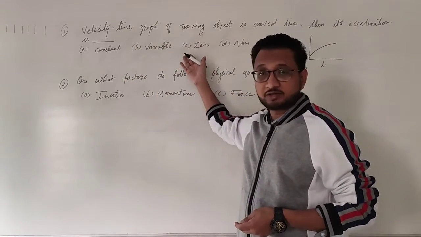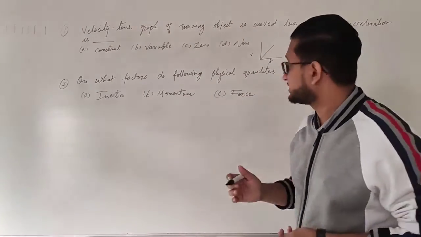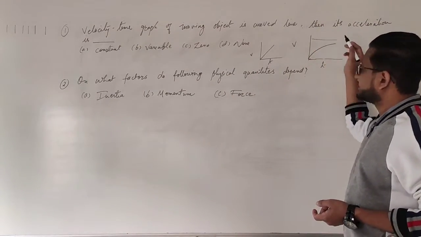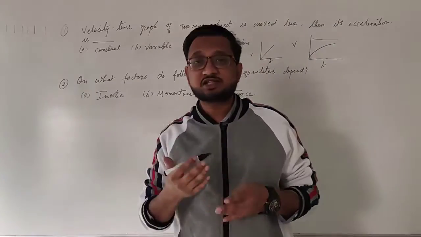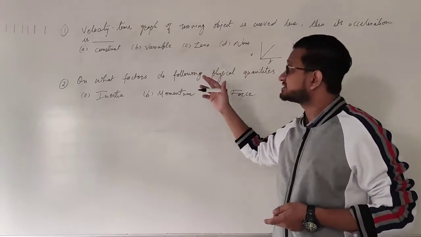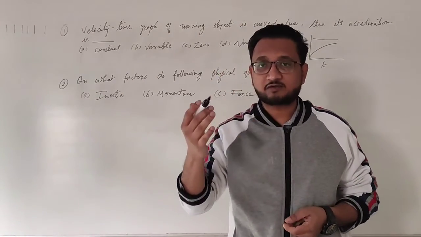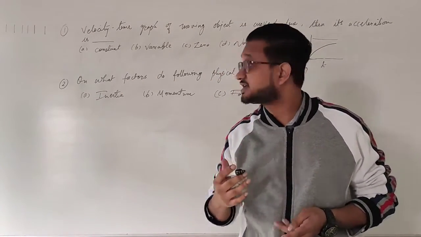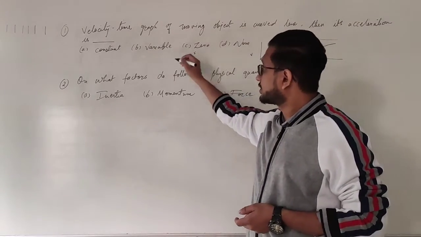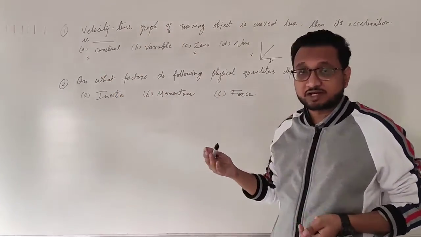Okay. Third one. If you see the third one, if the velocity is constant, that means if it is a straight line like this, then there is no change in velocity. That means acceleration becomes 0. But it is not mentioned that it is a straight line parallel to x-axis. It is a curved line. That means velocity is still changing. So 0 is also not possible. Okay. And the last one, it is said that none of this. No, that is not possible.